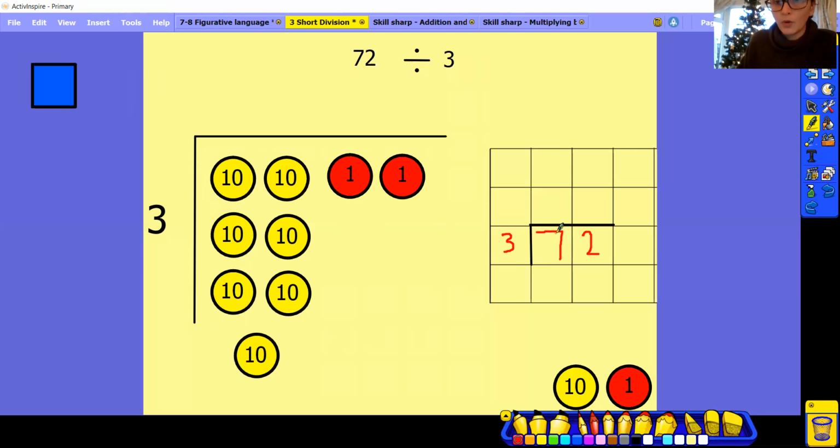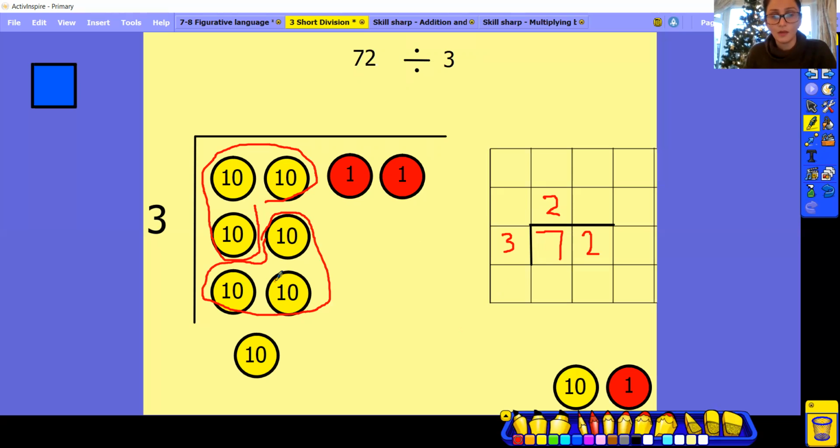Now, what you're going to do is start with your tens column, and see how many 3's go into 7. So do our 3 times table. 3, 6. Can't go to 9 because you've only got 7. So I know I can do it into equal groups 2 times. However, I've got 1 left over, and I can double check this by this. So we've got 1,